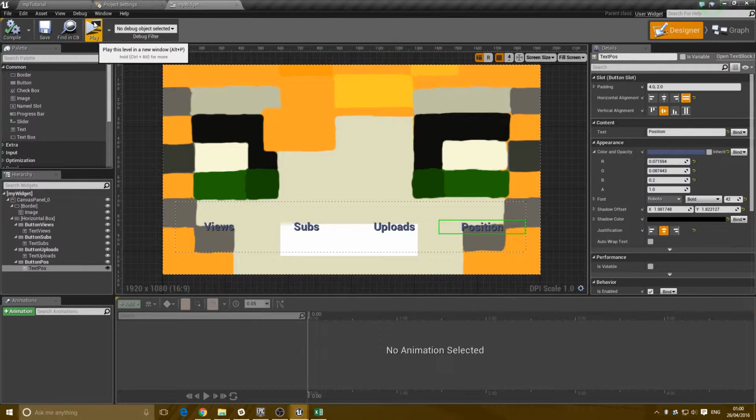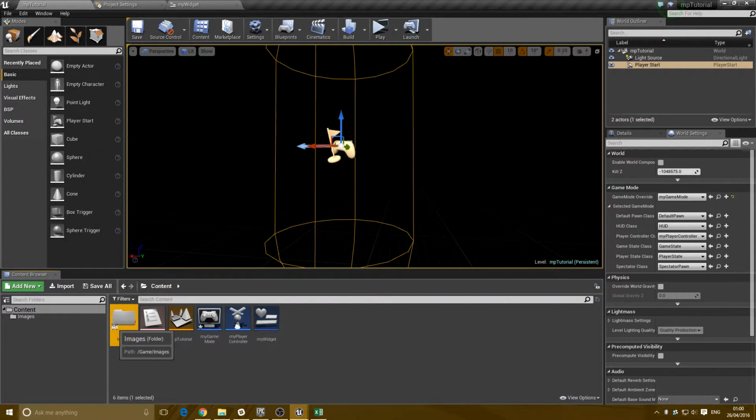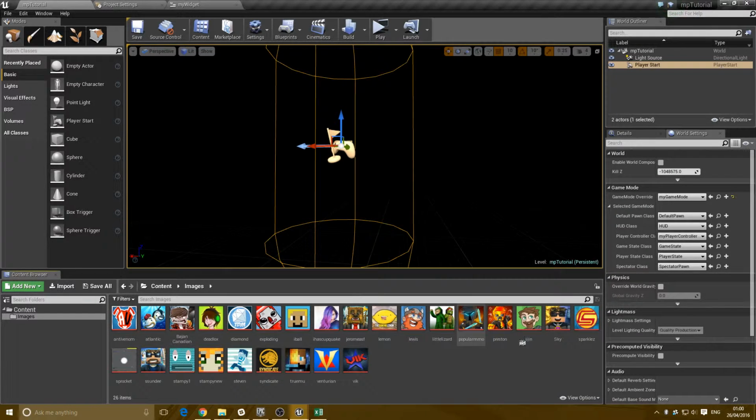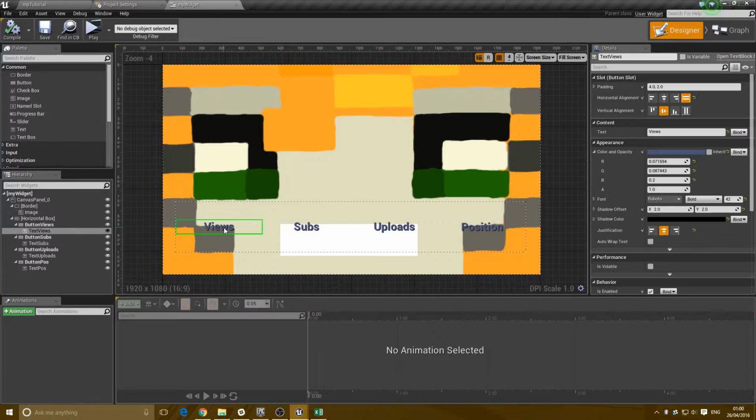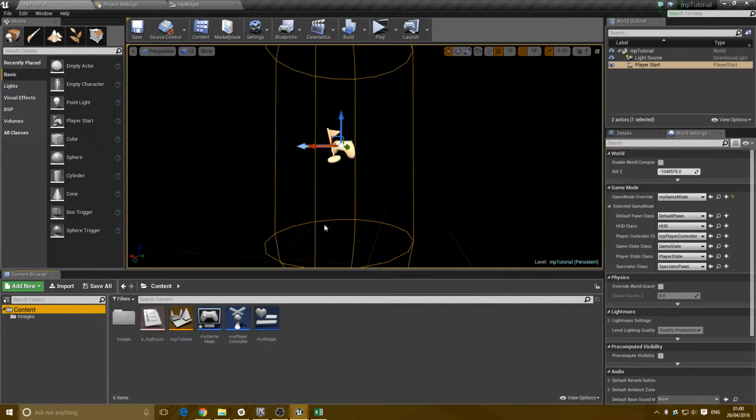So this information is going to change every time with a new card. Every time the player picks up a card, one of these images will display, and what we want to display on the image, on the button, is any reference to the views, subscriptions, uploads and positions of this YouTube personality. So